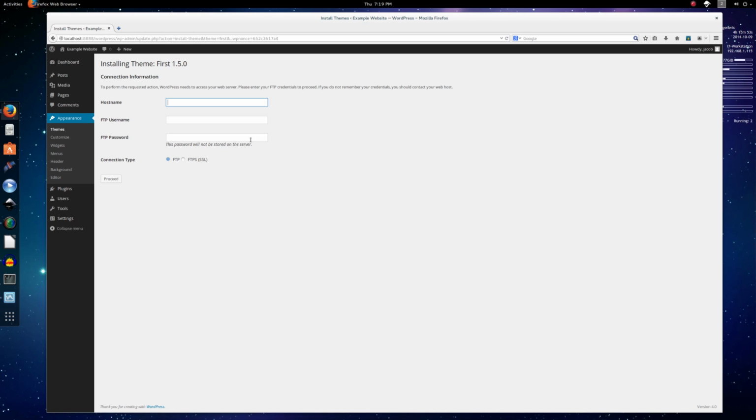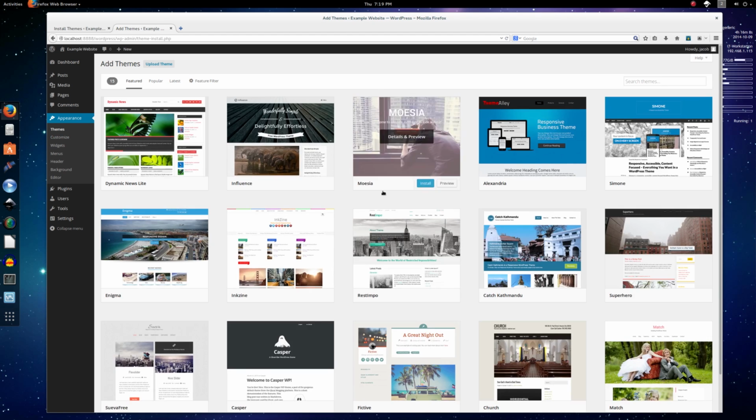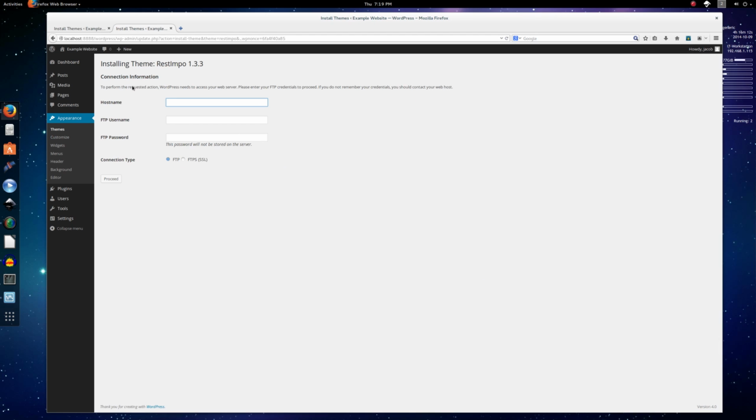Now, I actually do not like how this works in WordPress right now. I have had this problem every time I've installed WordPress. You see the big library of themes. If you click add new, they show you all of these different themes that you can have, and you click install on one of them, and then you get this FTP sign-in page. What is an FTP sign-in anyway? Well, I'm pretty sure you all know what FTP is. If you have FTP file sharing enabled on your web server, then you can have WordPress automatically upload this file,